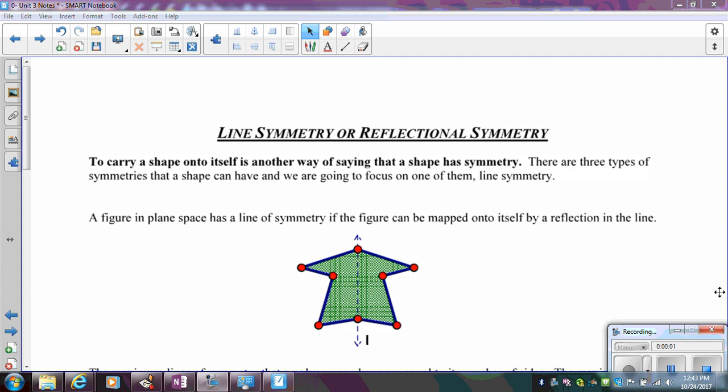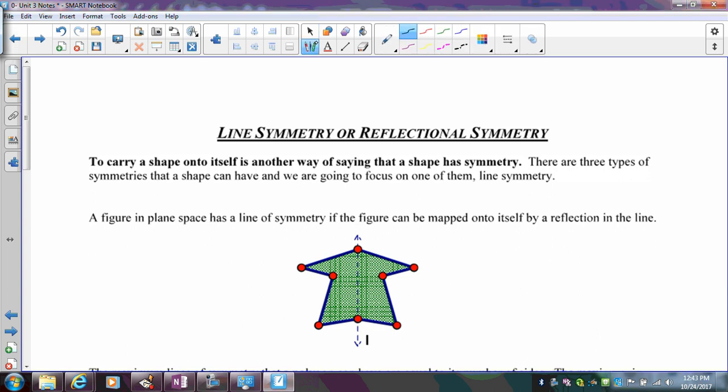In this video, we're going to learn about line symmetry, which is also called reflectional symmetry. So basically what this means is you're carrying a shape onto itself using a reflection over a line. If you imagine this figure below, this has vertical line symmetry, meaning if I imagine folding this shape along